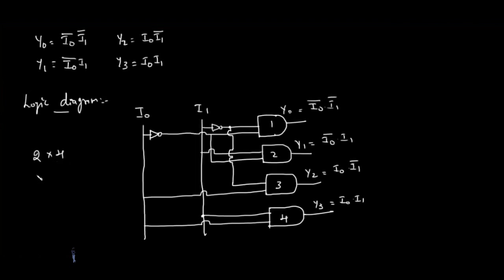Similarly, you can draw a truth table for 3 cross 8 decoders, 4 cross 16 decoders and 5 cross 32 decoders, right? The thing is, you have to be very careful with the truth table, and from the truth table you have to form the equations for the outputs, and using those equations we can design the logic circuit,